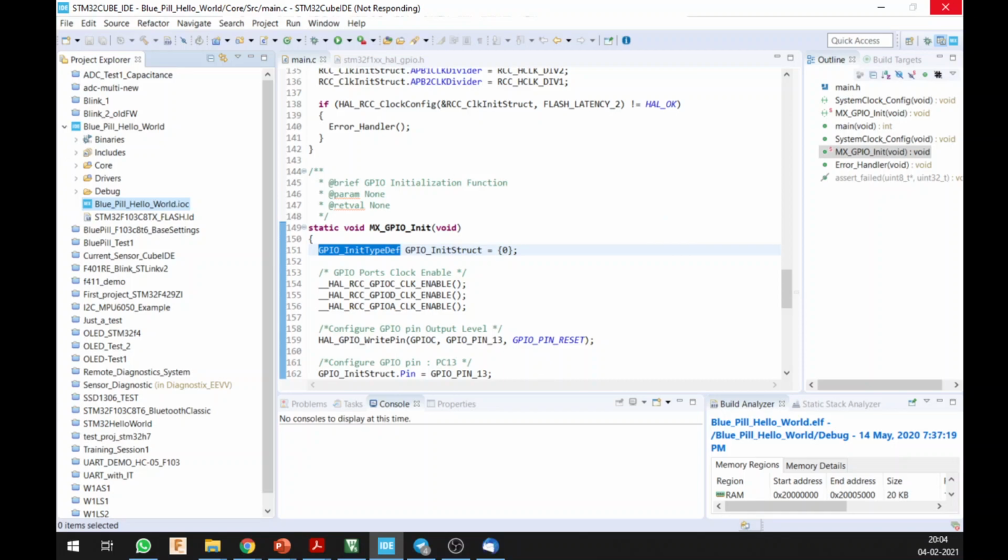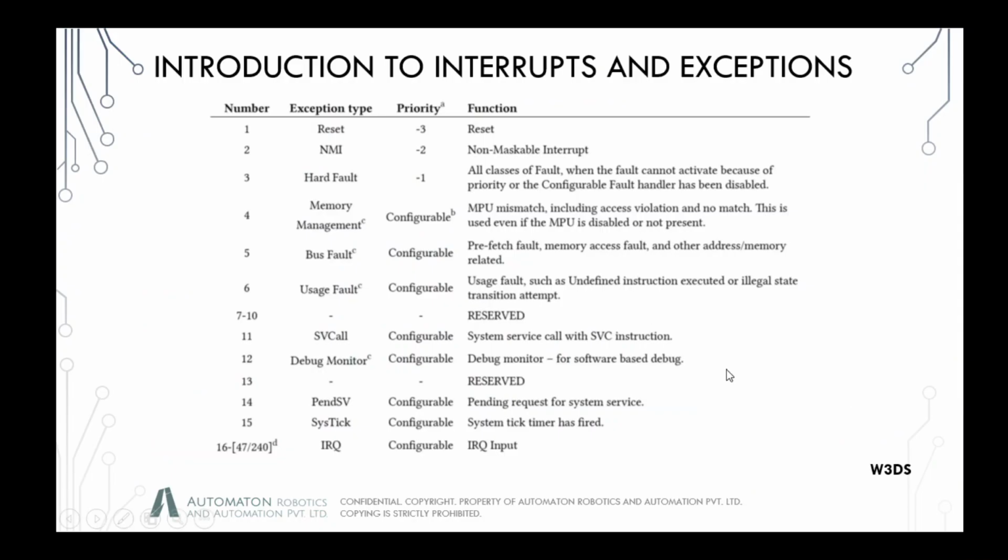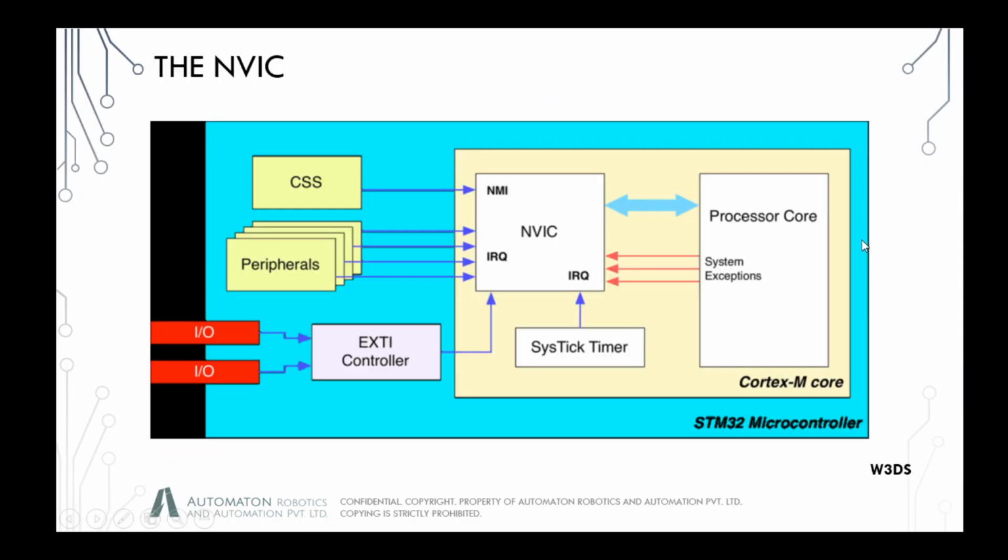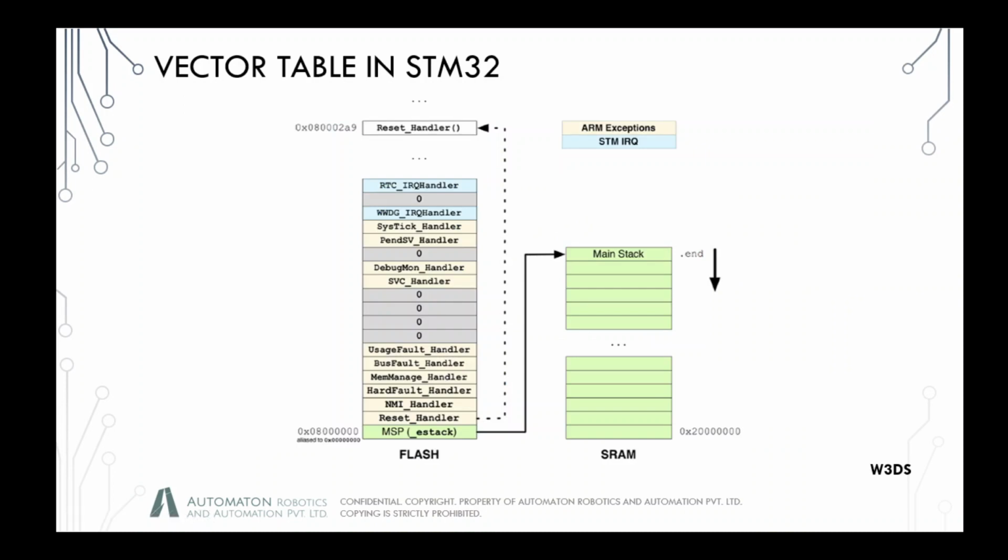Alright, so while it's doing that, one thing I might have missed out over here, excuse me. So this is basically your vector table in STM32, and if we talk about this, you are going to see how the vector table is organized in the memory. Of course, all of this has to be in the memory. That is how you are going to set the hierarchy and the priority. The entry 0 of this array is the address of the main stack pointer or the MSP, the one that you see in the lowest part.